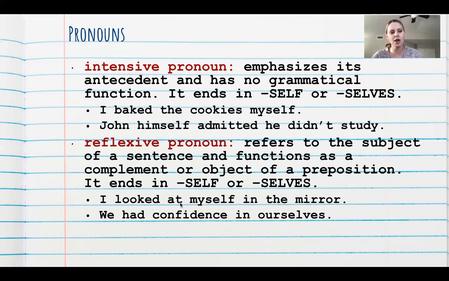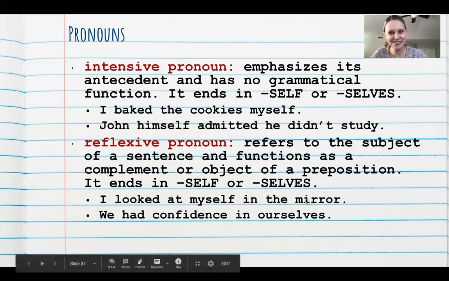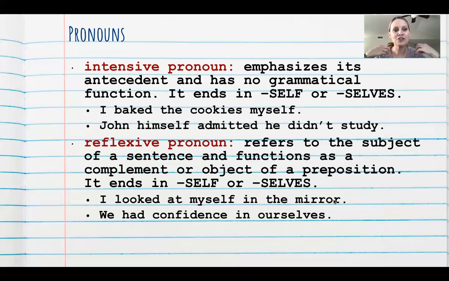So look at these examples. I looked at myself in the mirror. Okay. If I took that myself out, I looked at in the mirror. What? What does that even mean? It doesn't make sense. I need the myself. I'm doing something, and it's an action where I need that reflective piece. I purposely used an example with mirrors because I want you to think of the idea of a reflection. When you're looking at your reflection in the mirror, you're looking at yourself, and that's what a reflexive pronoun is,